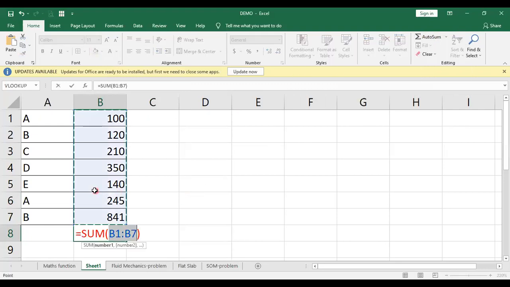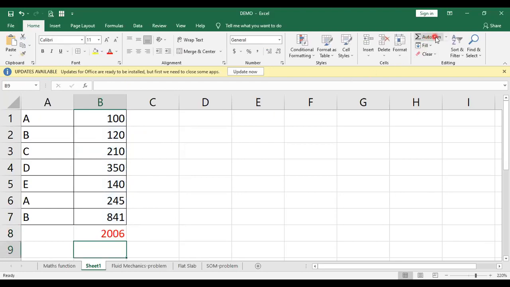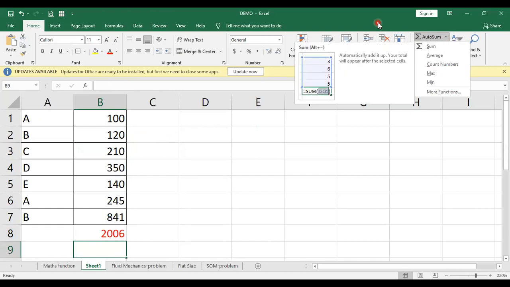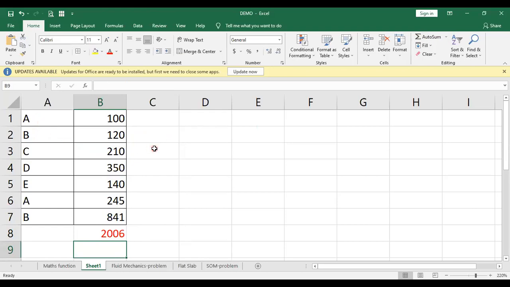It will automatically select the range, and then press enter. That's how you will get the same thing. You can click on the downward arrow of AutoSum and get Sum. You don't need to press equals to and don't need to write SUM. This is how the sum of all those values can be done.